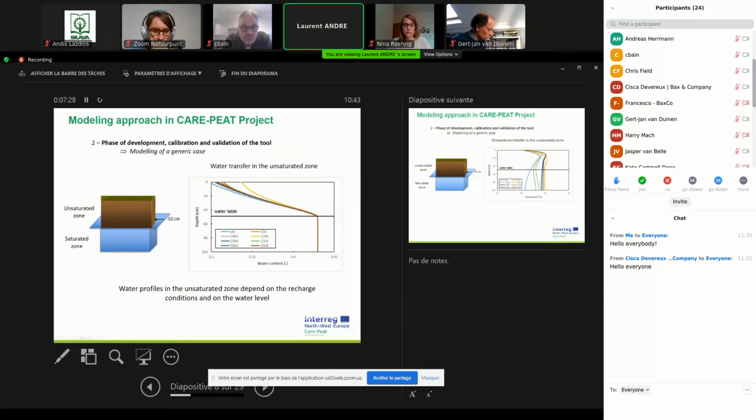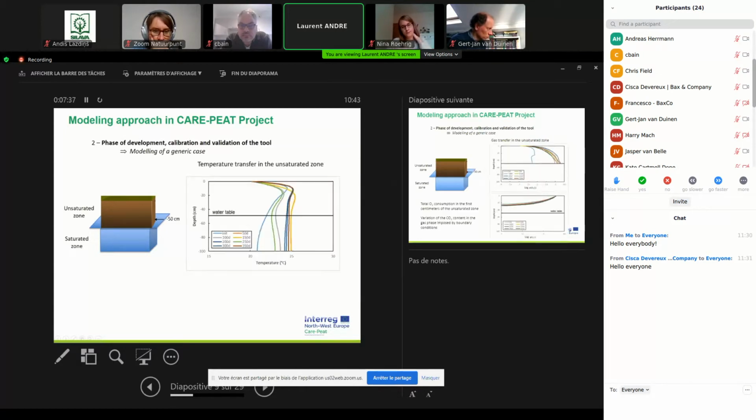Here it is just a simulation over 1 year, and we can follow the evolution of this water profile. We also have the possibility to follow the evolution of the temperature of the system,